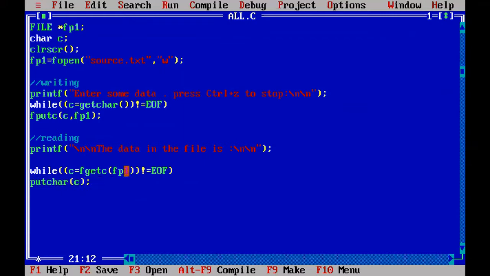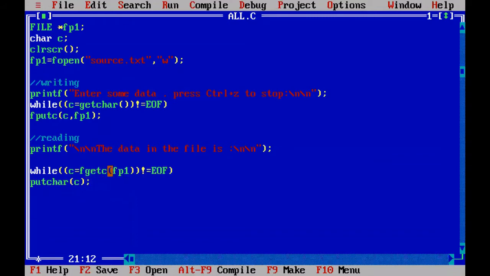So reading one character from file 1 into C and printing on the monitor, reading and printing until it reaches the end of file. These are the statements we are going to use to print some data on the monitor.